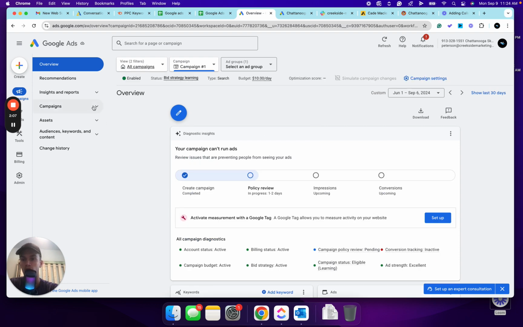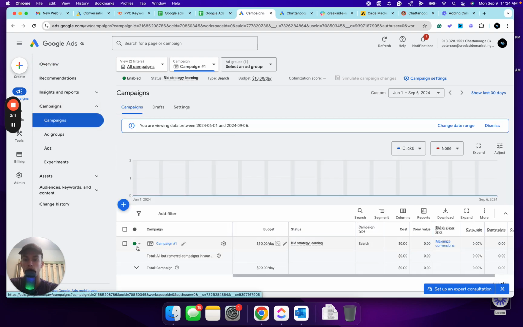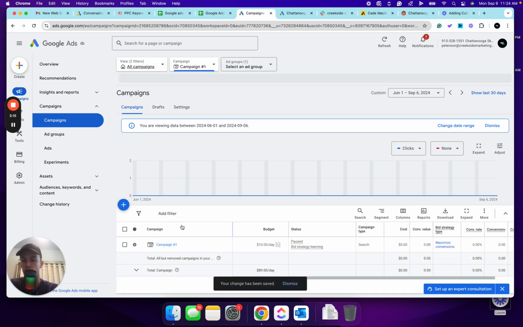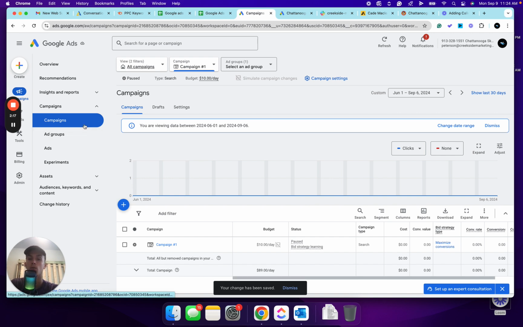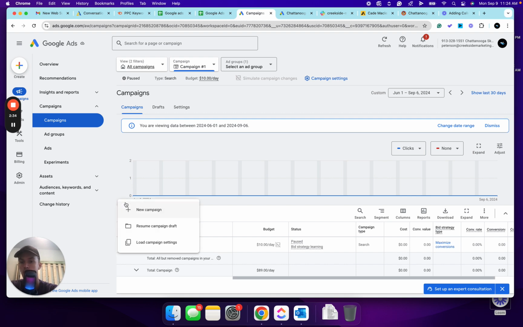Your campaign will be automatically activated, so be sure if you don't want it running immediately, we're going to go ahead and pause this because we don't want it running on this account. But one thing that you might run into that we've seen that happens on some accounts is if it is just continually loading and it doesn't seem like it's actually going to ever submit. So if you give it like a minute and you're still seeing that loading screen,